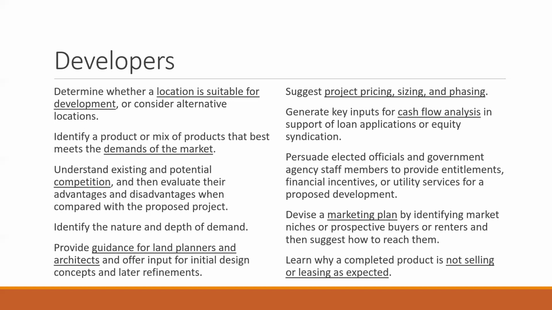Number four, identify the nature and depth of demand. Number five, provide guidance for land planners and architects and offer input for initial design, concepts, and later refinements. Number six is to suggest project pricing, sizing, and pacing. Number seven, generate key inputs for cash flow analysis in support of loan applications or equity syndication. Number eight, persuade elected officials and government agency and staff members to provide entitlements, financial incentives, or utility services for